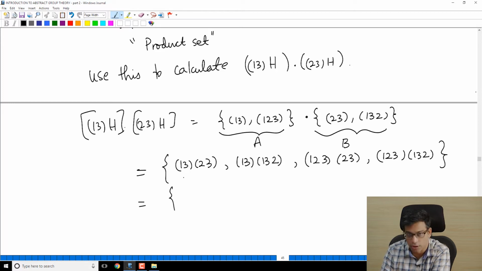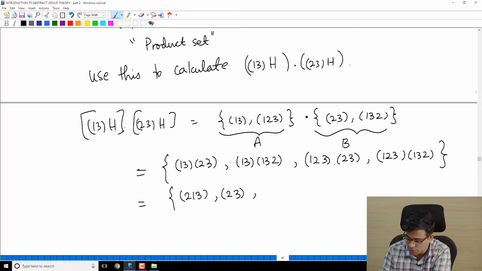So remember the product in the new notation for S3. How do we multiply? You start with the right hand side element and go to the left. So 2 goes to 3 and 3 goes to 1, so this is 2, 1. What does 1 do? 1 is fixed under (2 3) and 1 goes to 3. So this is (2 1 3). 3 goes to 2 and 2 goes to 2 on this side. Similarly, (1 3) times (1 3 2): 1 goes to 3, 3 goes to 1, so 1 is fixed. 2 goes to 1, 1 goes to 3, so 2 goes to 3, and 3 must go to 2, as you can check.